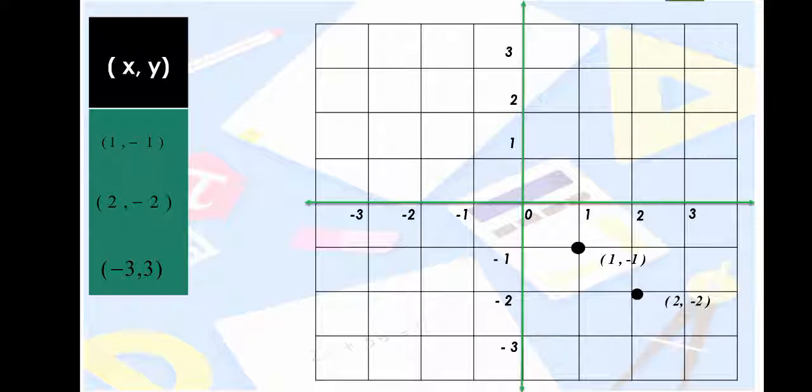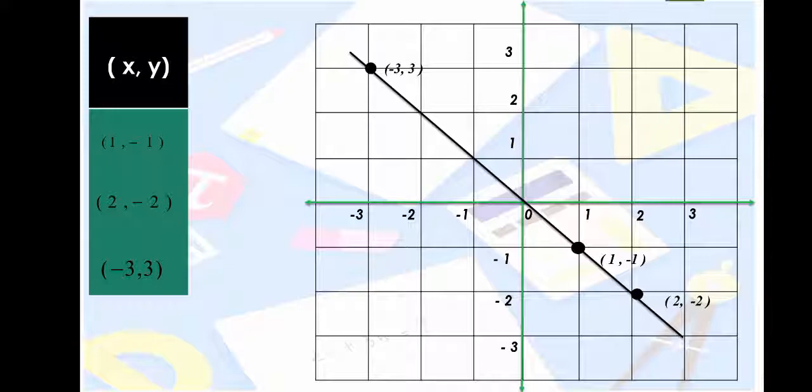Minus 3 is the value of x and 3 is the value of y. So this is intersecting on this point because minus 3 is on the negative x-axis and 3 is on the positive y-axis. So mention the ordered pair minus 3 and 3. Now after plotting these points and mentioning the ordered pairs, you have to join these three dots,